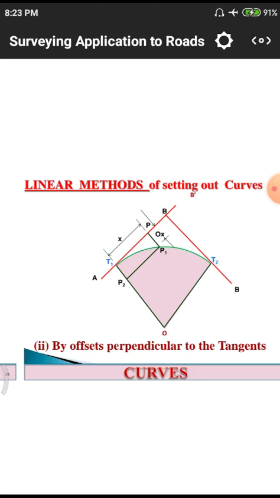After getting the points we mark them with pegs. That means the points have to be fixed with a number of pegs. In every survey we have to use a minimum of 10 pegs, and those 10 pegs are fixed along the periphery of the radius of the line, so that it gives a better radius without any mistakes.